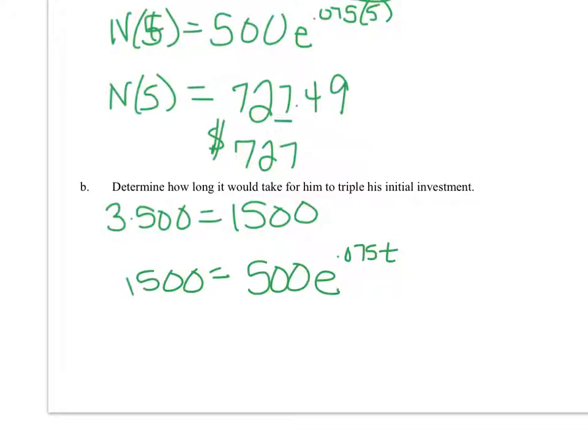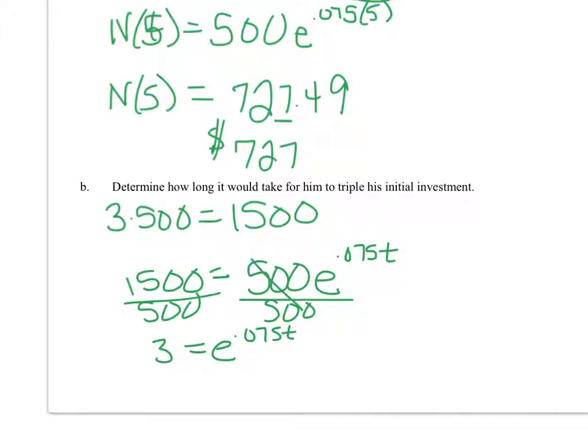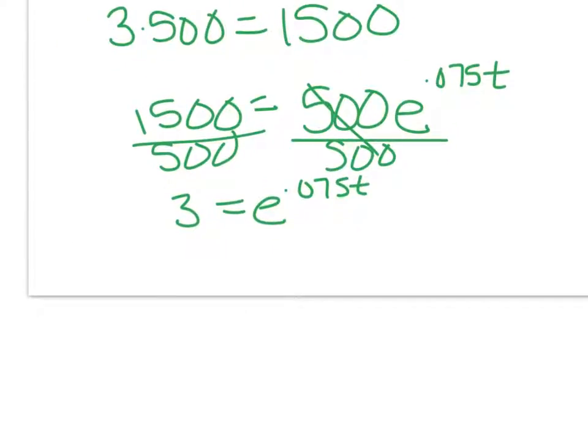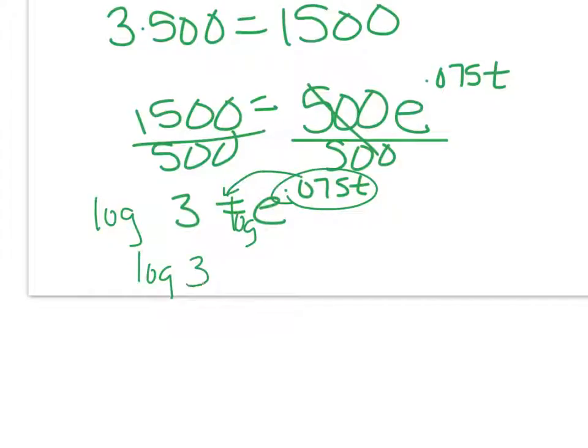Those of you that understand how to use ln, I suggest you go ahead and do this. But I'm going to make this video for those of you that don't get that and just want to use the log. I'm writing astronomically big right now, so I don't know why. I already ran off the page. But anyway, so I'm going to take this, throw the exponent out in front, so it's log of 3 equals 0.075 t times the log of e. Divide by the log of e,